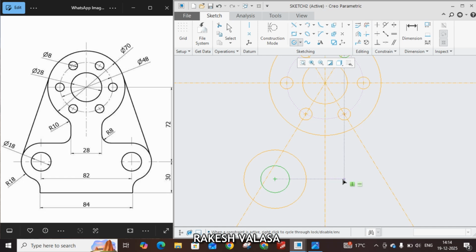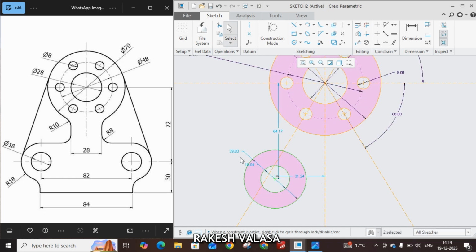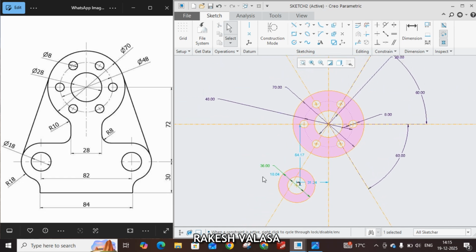Now click the mouse middle button. Then give the dimensions. Major circle radius is 18, that means diameter is 36. Just double click on this dimension. Enter 36. Enter. Next, second one. Second circle diameter is 18. 18. Enter. After this, you know that the distance between this center point and the vertical center line, that is 82